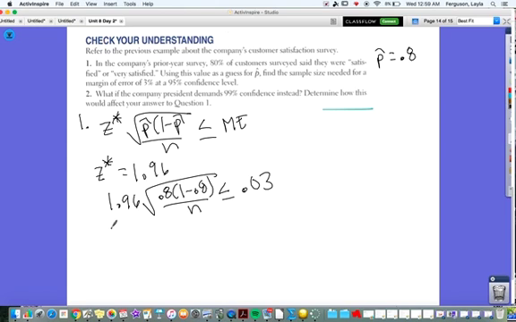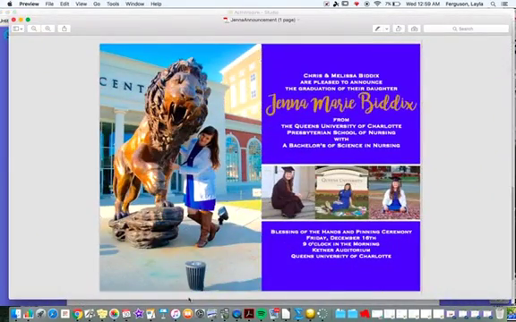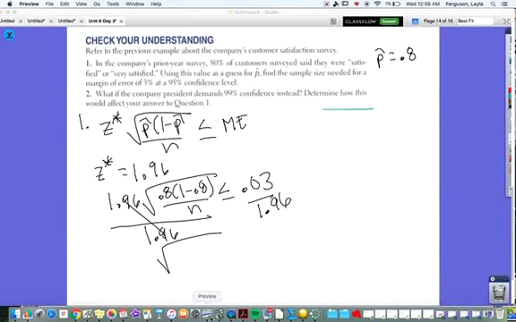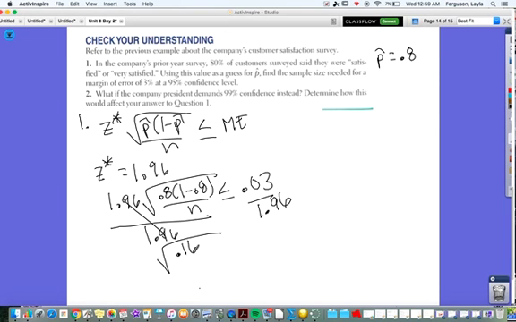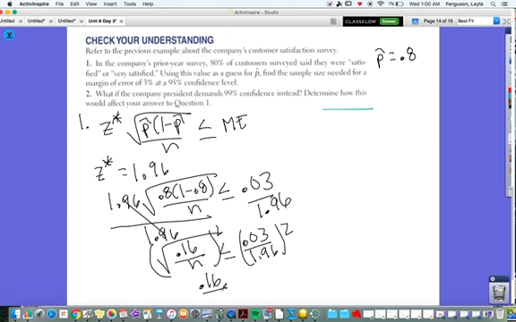So honestly, I think it's easiest to divide both sides by 1.96. And so when we do that, that cancels. That gives us the square root of 0.8 times 1 minus 0.8, so 0.16 over n, less than or equal to 0.03 over 1.96. Then I think it's easiest to square it. So we square that. We get 0.16 over n, less than or equal to